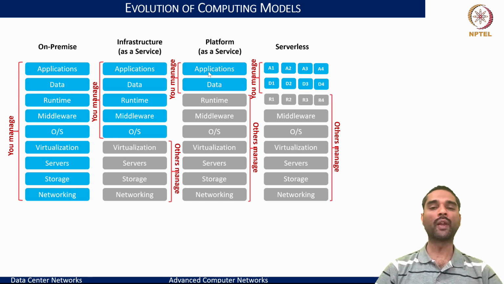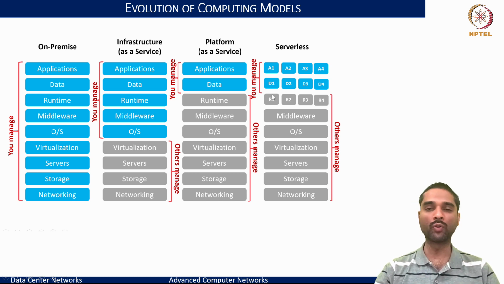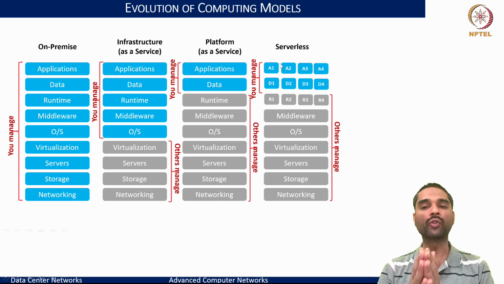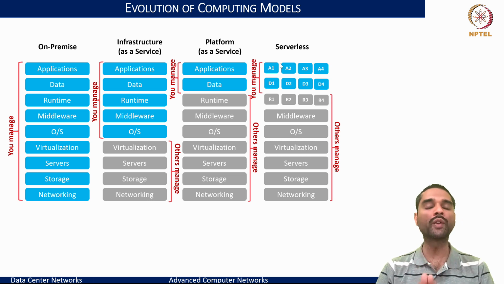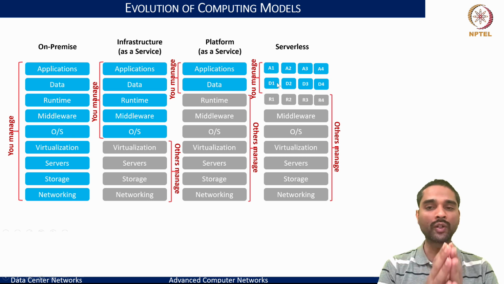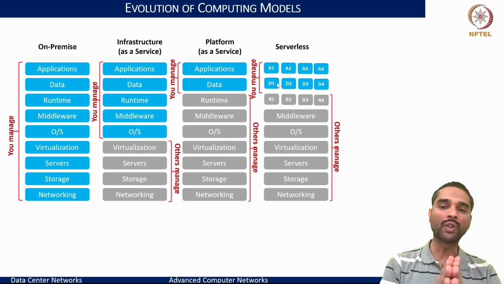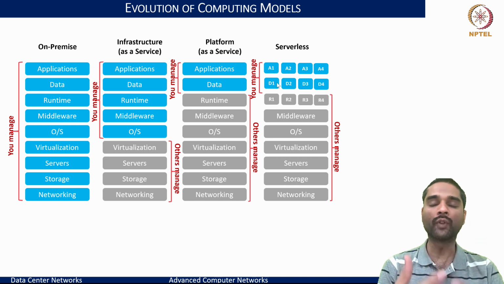And continuing on the same lines, if we want still further flexibility, we could break this down so that we can build the server functions without worrying about the runtime, and build those as microservices rather than trying to build one big application that is trying to do many things. We could incorporate the model of microservices to do just one specific function at a time. So we can think of the application being decomposed into multiple sub-functions that we would want to run. And that way, even the entire data can be chunked to say what data each function needs to look at. This is a paradigm shift in how we treat and see the functions and the associated data that they need to operate on.